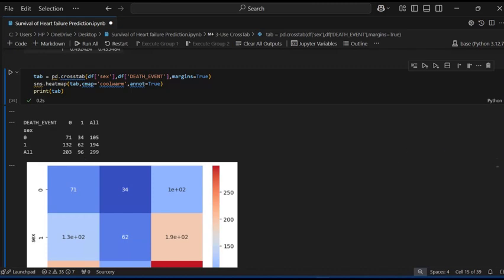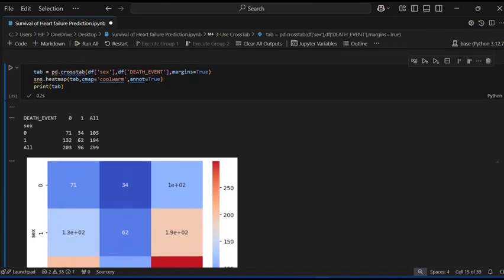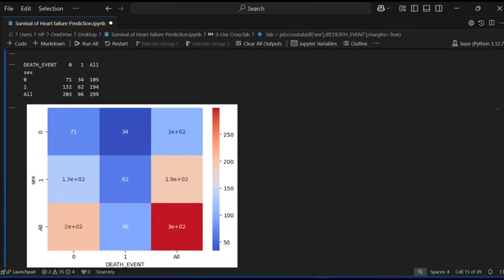Okay, and the same thing is shown by using the heat map. In the heat map there is also 2e+02, where 2 is the base number and e represents the scientific notation.